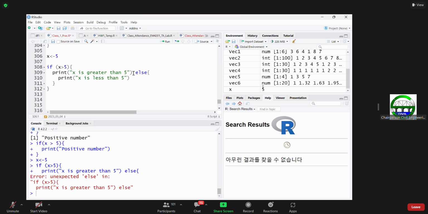Sorry, maybe there is some error. Okay, so maybe the bracket one. Let me copy it. Maybe this one. There is always a bracket issue. If x is equal to this one, else this one. Okay. So again,